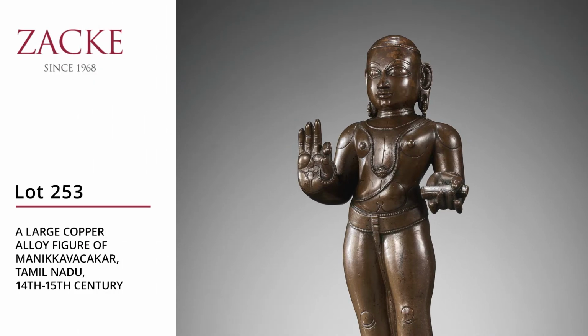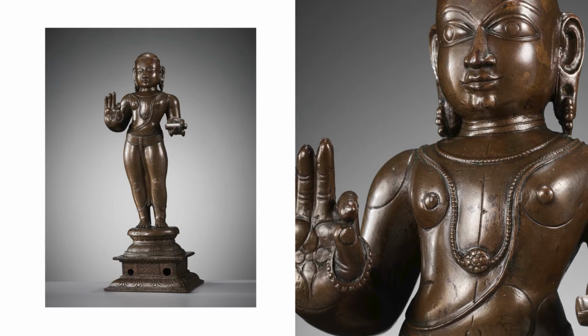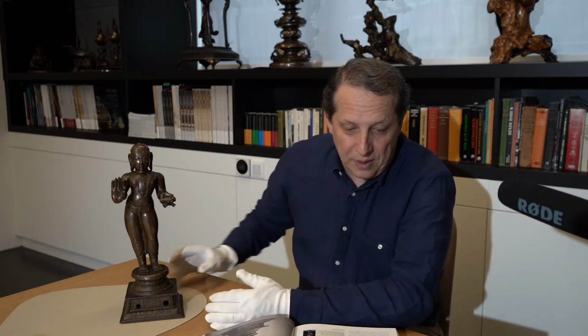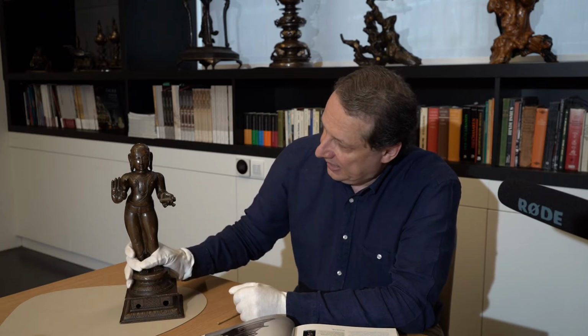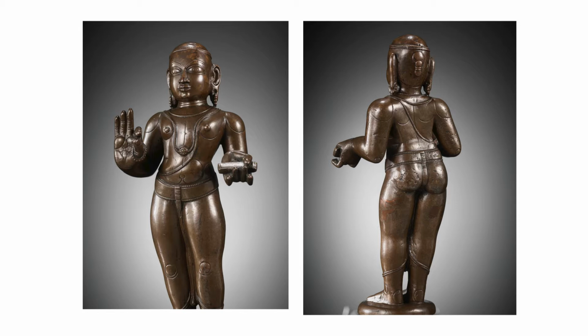Here we are looking at a very large and very heavy statue of Manikkavacakar, Tamil Nadu, 14th to 15th century or earlier, southern India. And you can see, I will turn it around a little bit. Here you can see the magnificent patina, and that it's a masterpiece of sculptural bronze work,